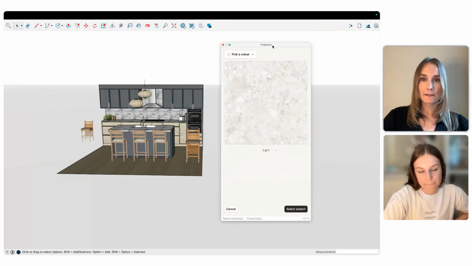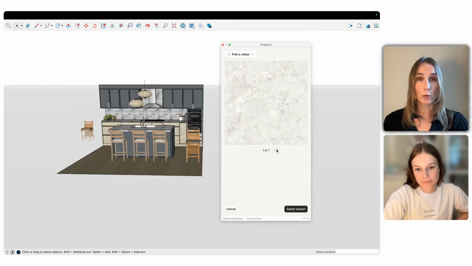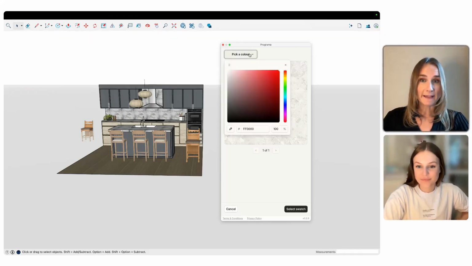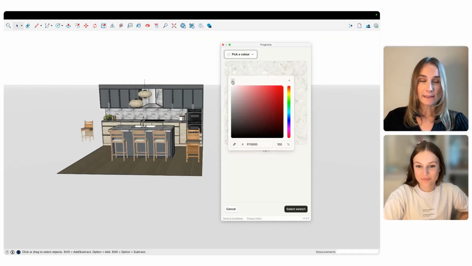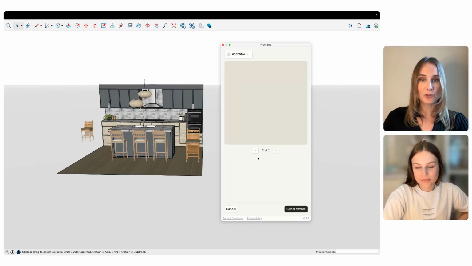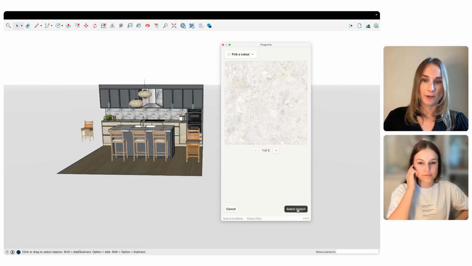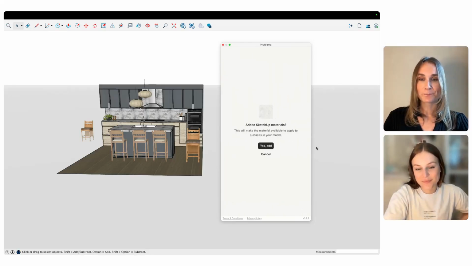From here, you can either click through if there's multiple photo options. You can pick a color directly from within the image itself if you just want a flat static image, or you can choose your original. You're going to hit select swatch, hit add,